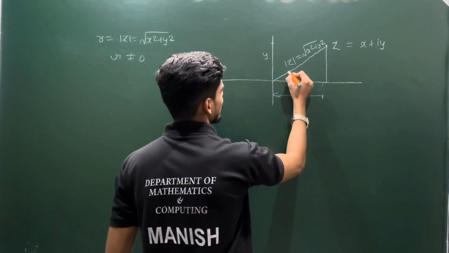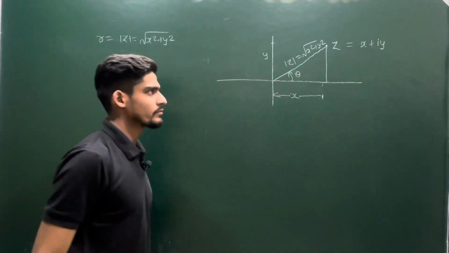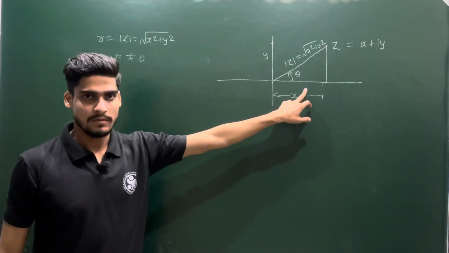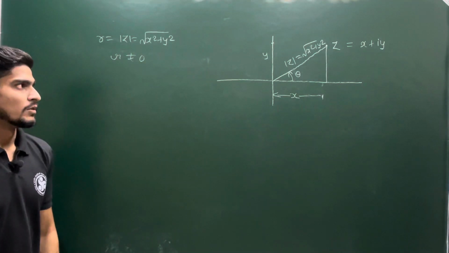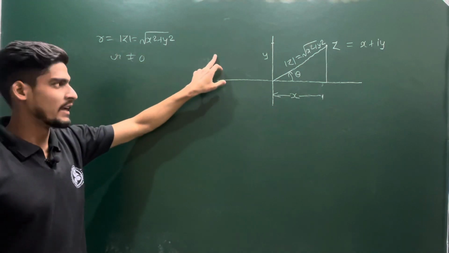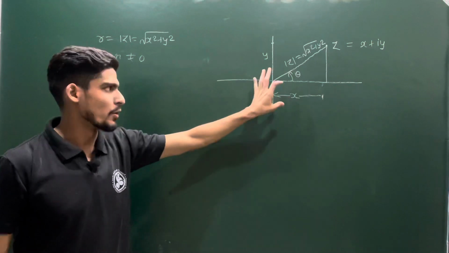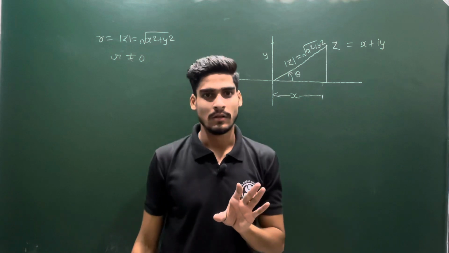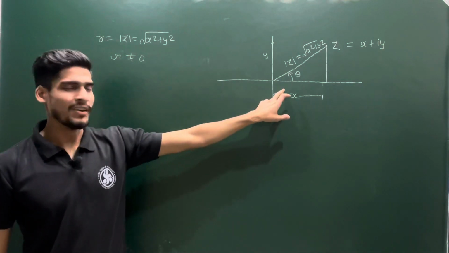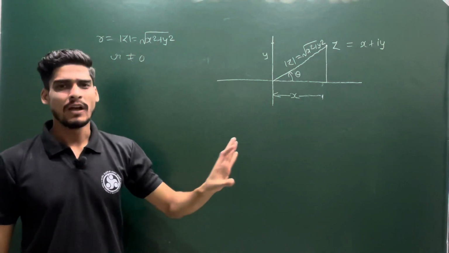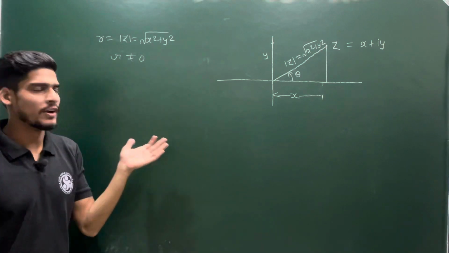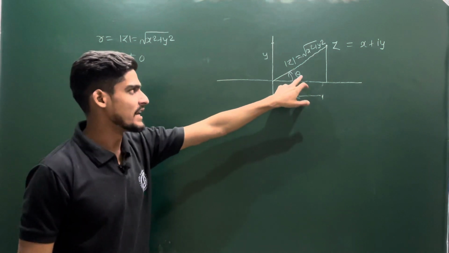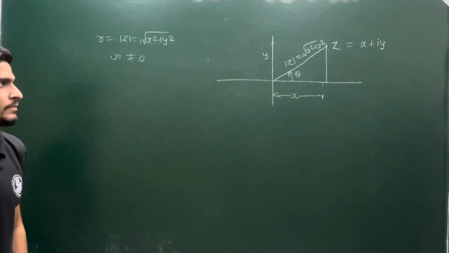So let us assume this is making angle theta, and this is measured from the positive real axis. Suppose your complex number is somewhere else, then again you have to measure from the positive real axis, because you have to fix one method, as these things are worldwide acceptable. You have to fix everything so that there is no ambiguity between different institutions and different countries. So we have fixed that theta is measured from the positive real axis.